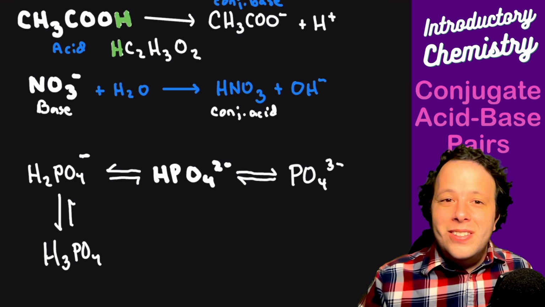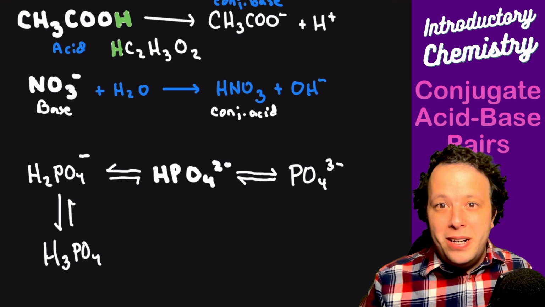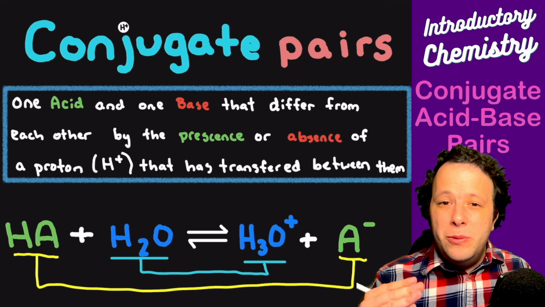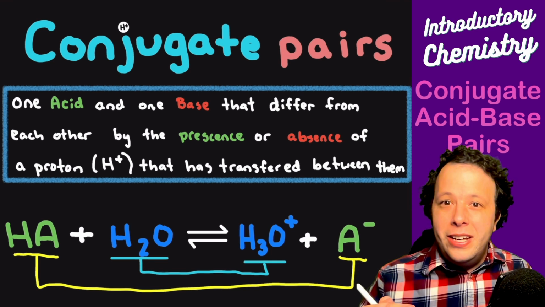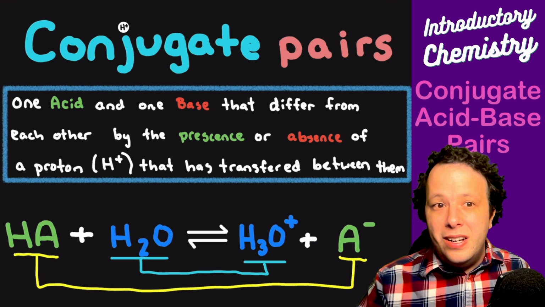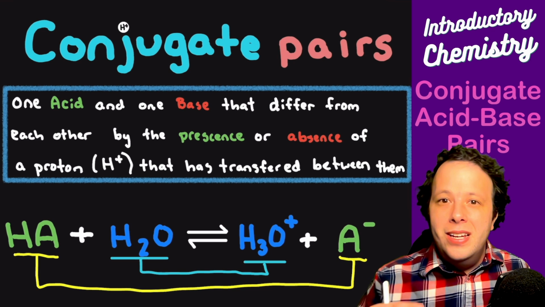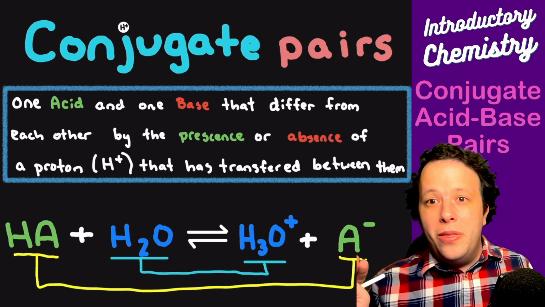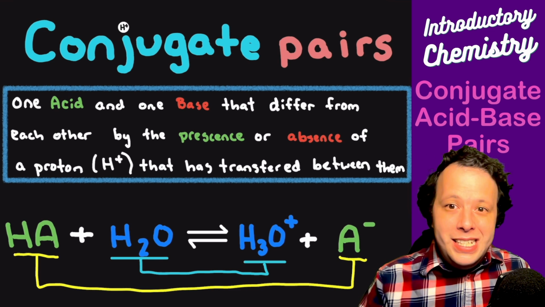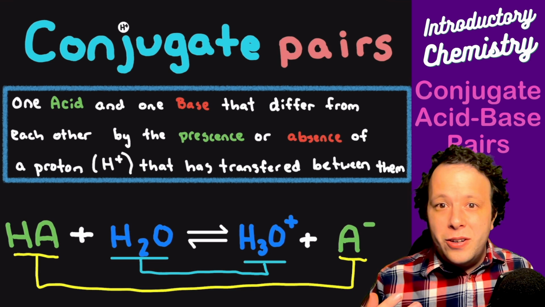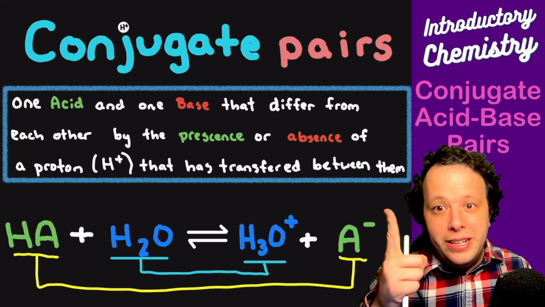Okay. So this has been the whole idea of conjugate acid and base pairs. Let's summarize it real quick. Whenever it comes to these reactions, you're looking for the acid and base between the left and the right that differ by the presence of a single hydrogen or proton inside of the equation. If you find that proton difference, you can label the acid on the left-hand side or the right-hand side. It's easy to make mistakes, so try to practice it, and write that definition on an index card so you can remember it for later.